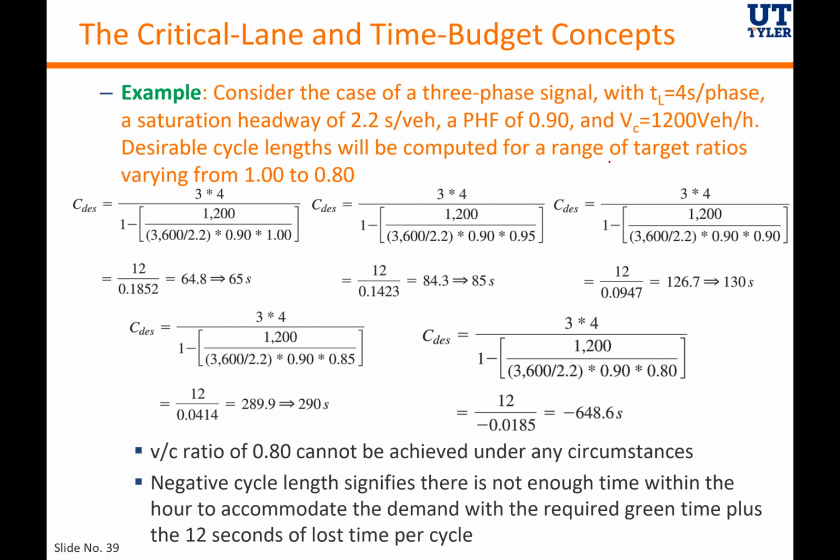And then here we have this great example, where now we need to consider the case of a three-phase signal, with the lost time of a certain amount and a saturation headway of 2.2 seconds per vehicle. I gave you the peak hour factor, and now we are going through this. This is really a design problem where we're varying one option, which is the target ratio V over C from 1 to 0.8,